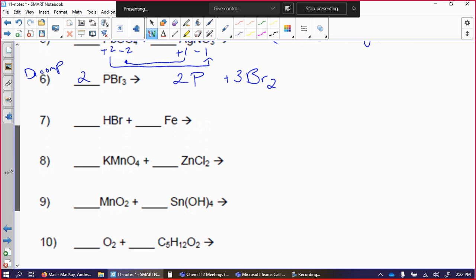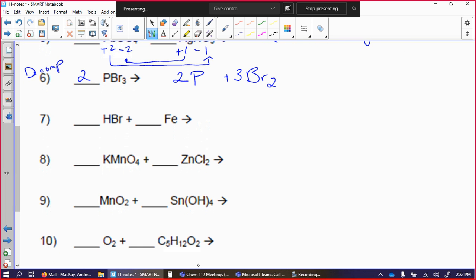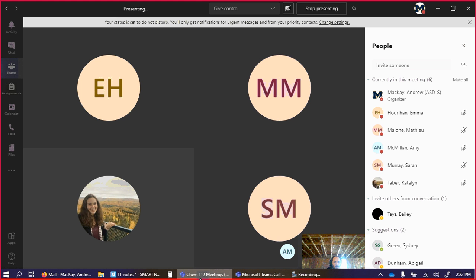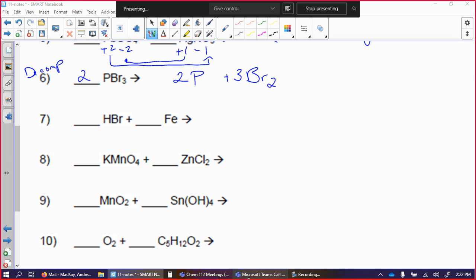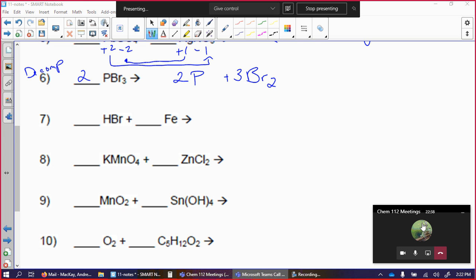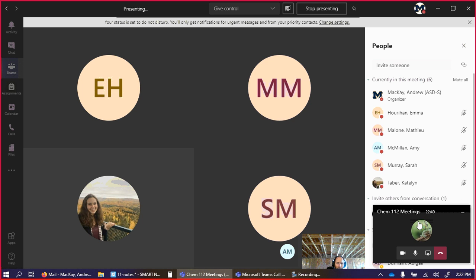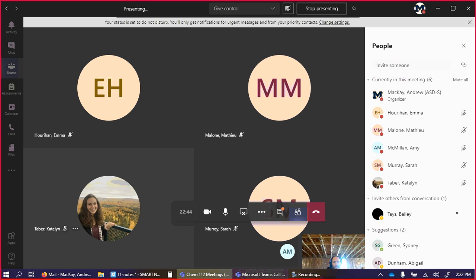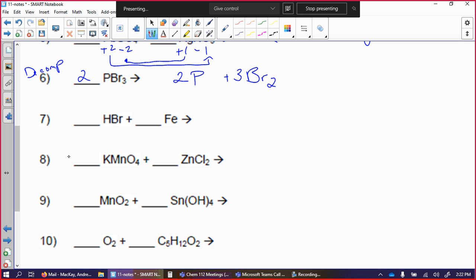So far, so good for the group of you that are here. I hope so. I want to know who that is. I don't know what thing that is. Like some people have pictures, some people don't. This team thing is really nifty, but